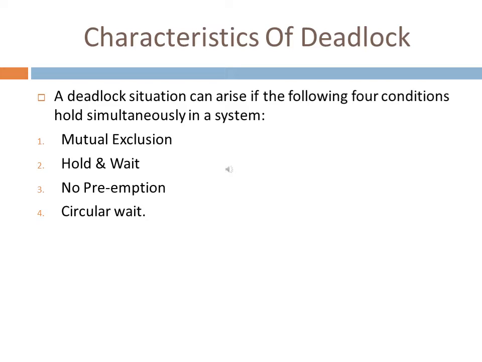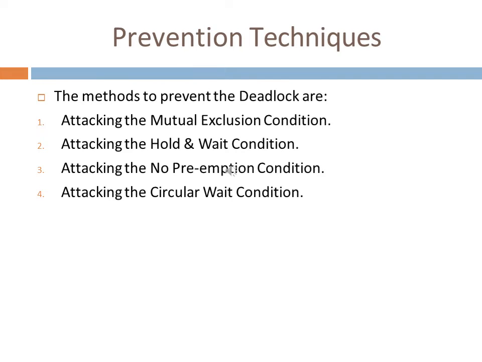Next is hold and wait. A process waits for some resources while holding another resource at the same time. Number 3, no preemption. A process which is once scheduled will be executed till completion. No other process can be scheduled by the scheduler meanwhile. Number 4 is circular wait. Prevention techniques are used in deadlock conditions. The methods to prevent deadlocks are: